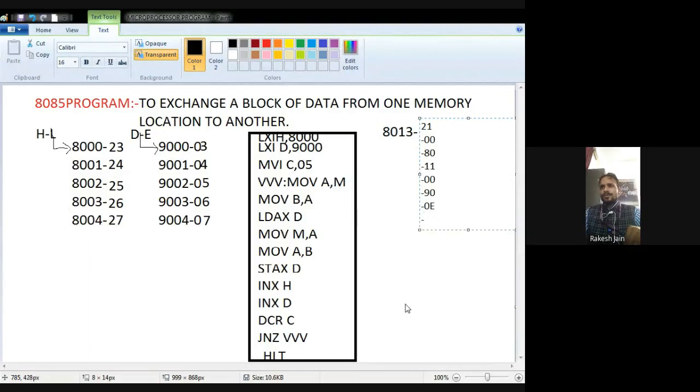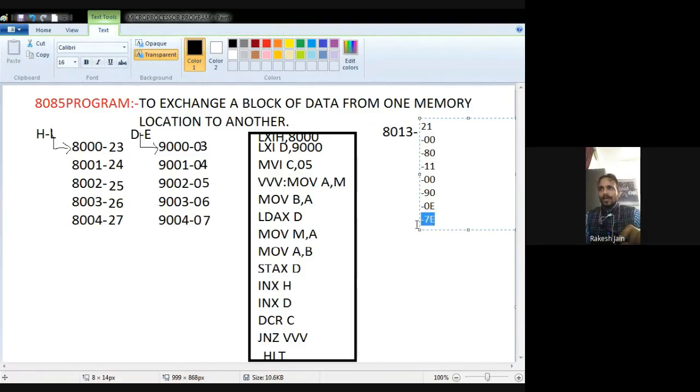Then at 0E you should remember the address of this step. You should remember the address 13 14 15 16 17 18 19, and it may be A. Whatever is at this address, you should remember, move A comma M. So move A comma M is 7E.